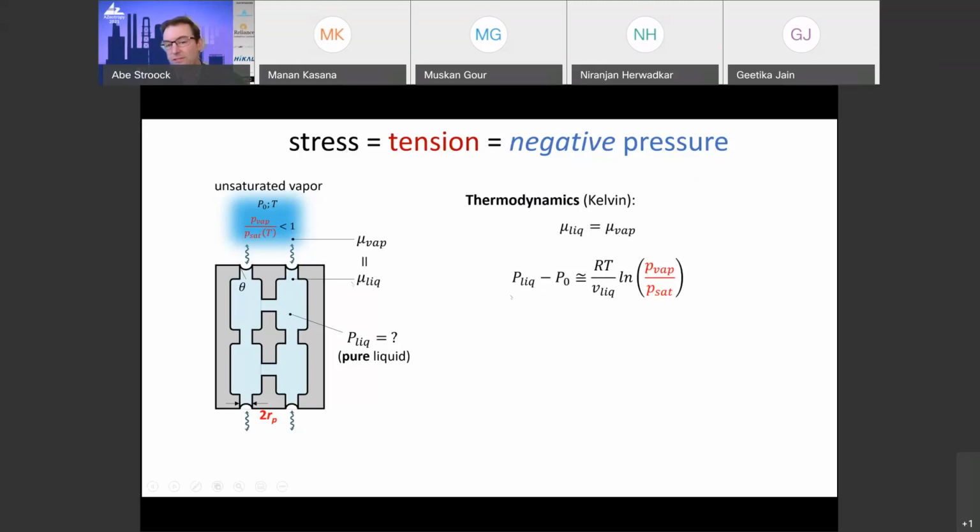If we take the simplest representations of chemical potential for the liquid phase, it really only depends on the pressure relative to the saturation pressure, and this molar volume would come over, and that's an equation of state for the liquid. On the vapor side, we take an ideal gas law, and we have RT times the logarithm of the activity, or relative humidity.